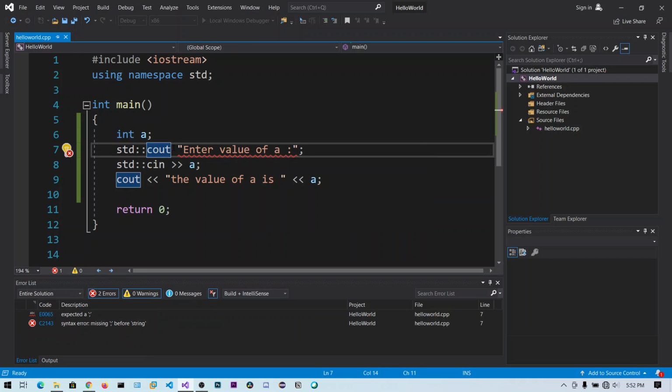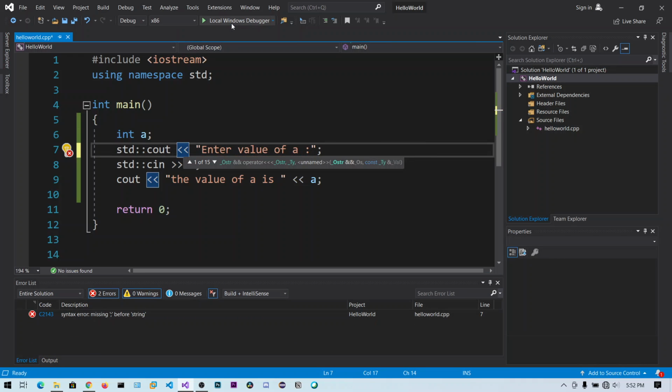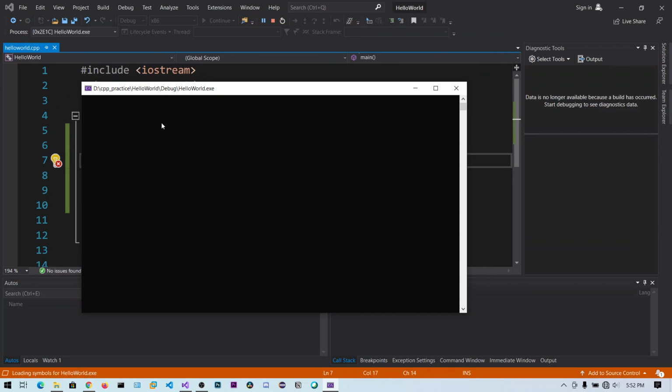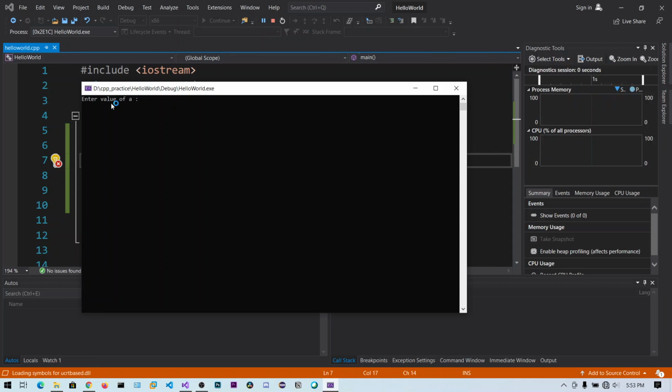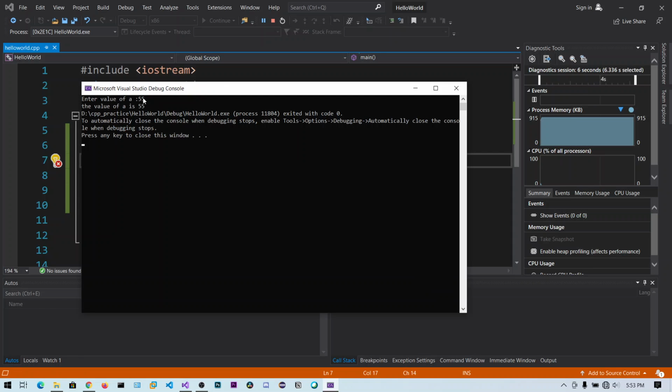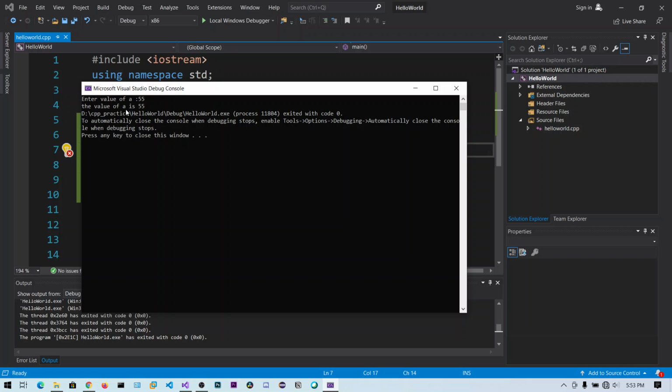I'm sorry. Now you can see it's asking for enter value of a. Now I can just simply enter 55, and if you hit enter, you can see the value is stored in a, and it prints value of a is 55.